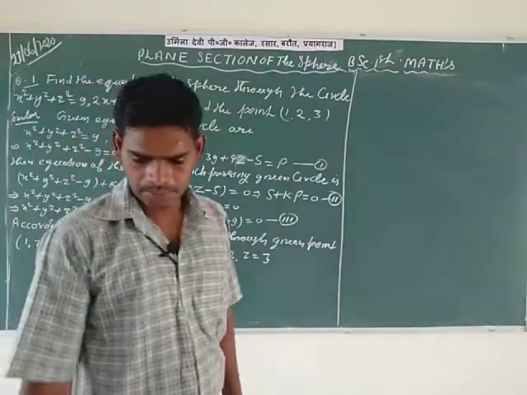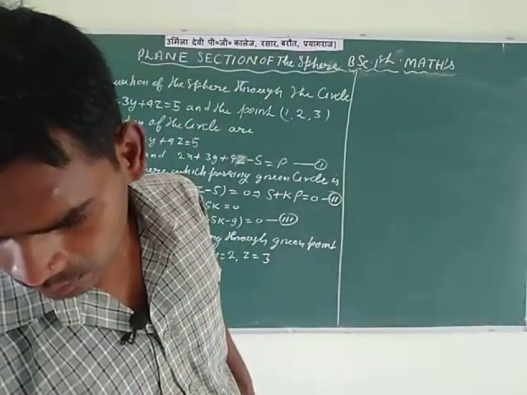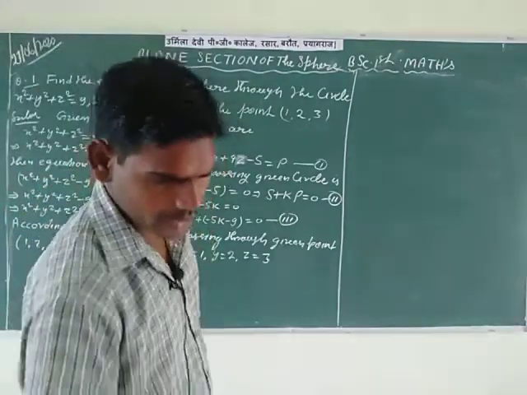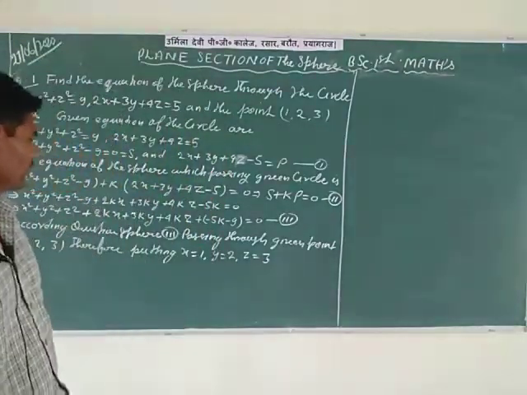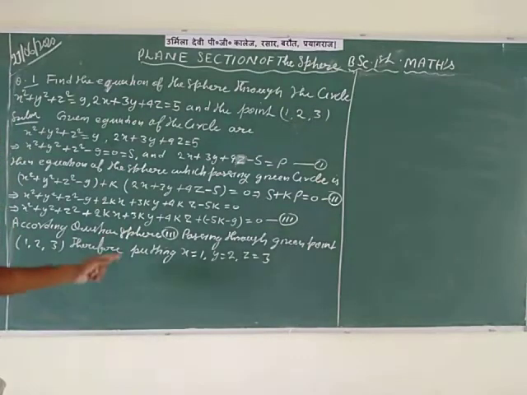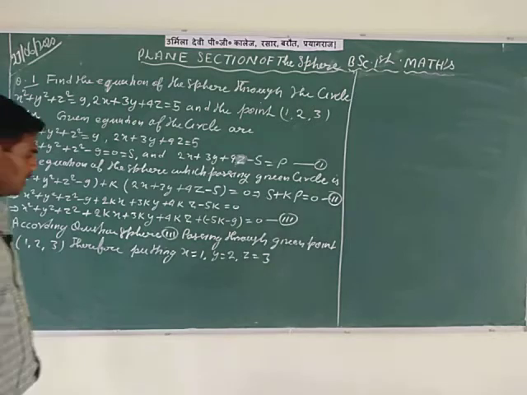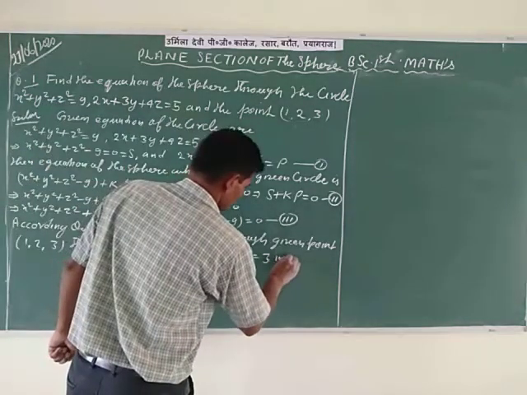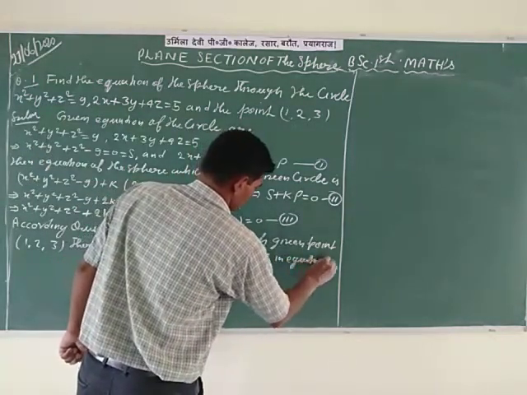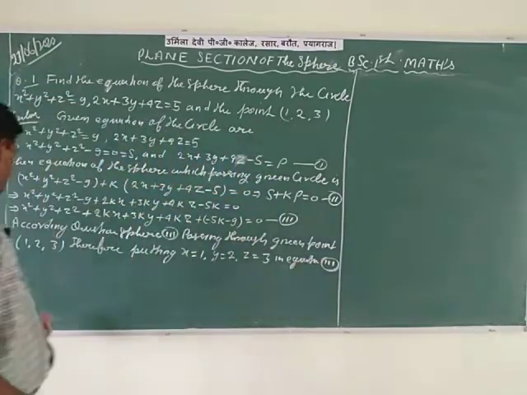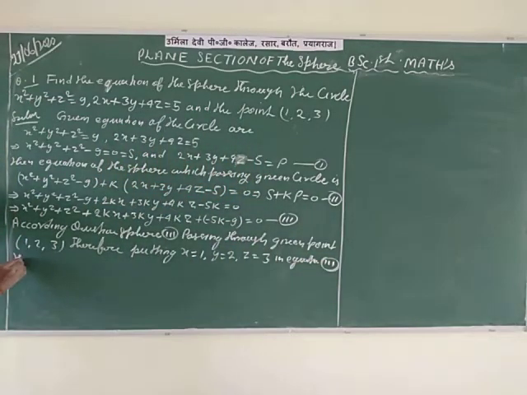x is equal to 1, y is equal to 2 and z is equal to 3, because sphere third is passing through the given point (1, 2, 3). So here in equation third, putting x is equal to 1 square, y is equal to 2 square and z is equal to 3 square plus